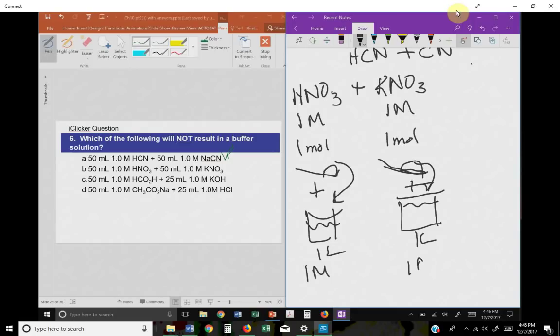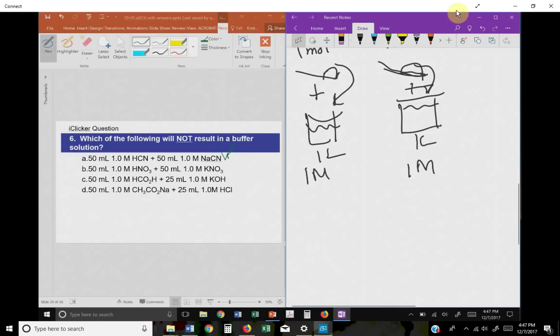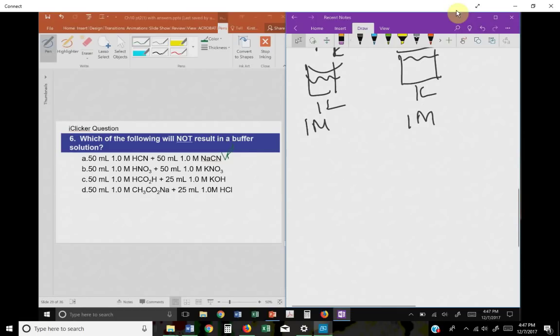Now, if I take equal amounts of that, if I have 50 milliliters of each one, then I'll have equal amounts of both of these situations. Well, we'll have the same amounts of our acid and base in solution. Now, when we look at what we have, we notice that